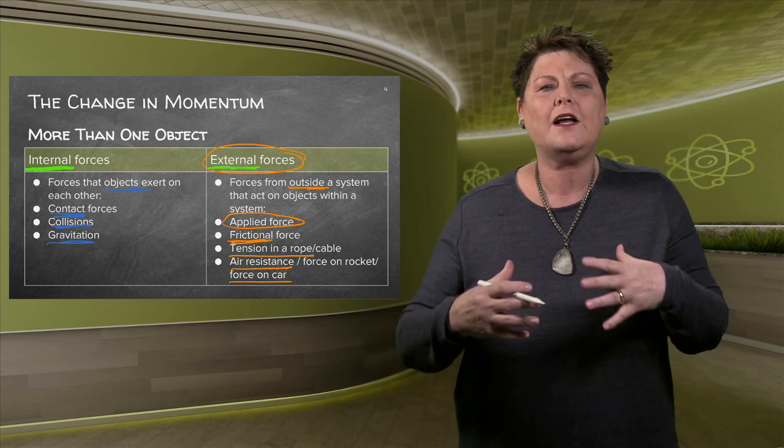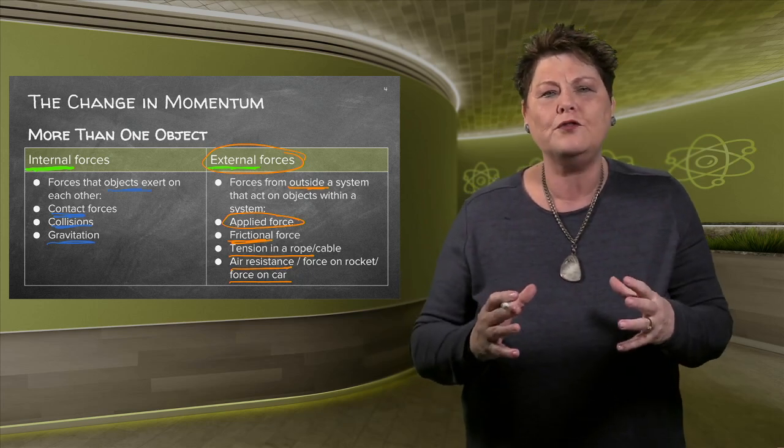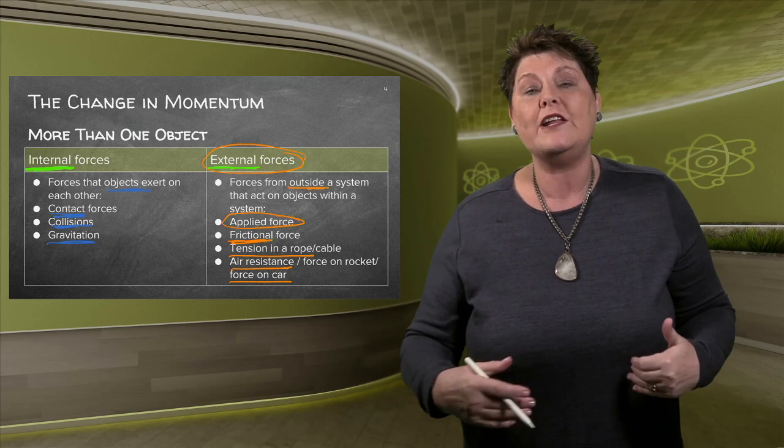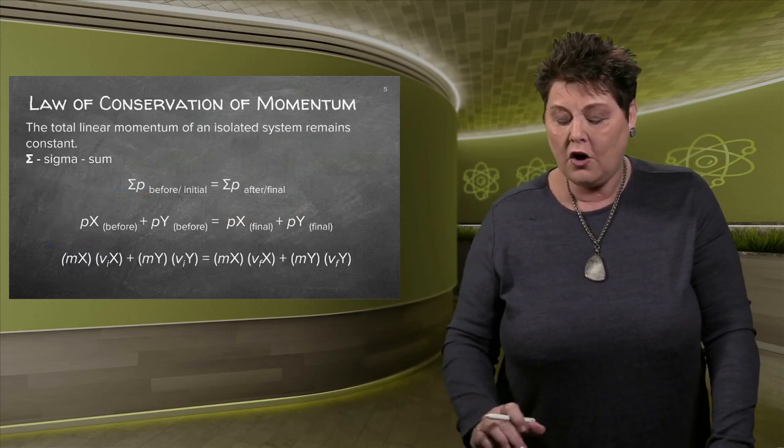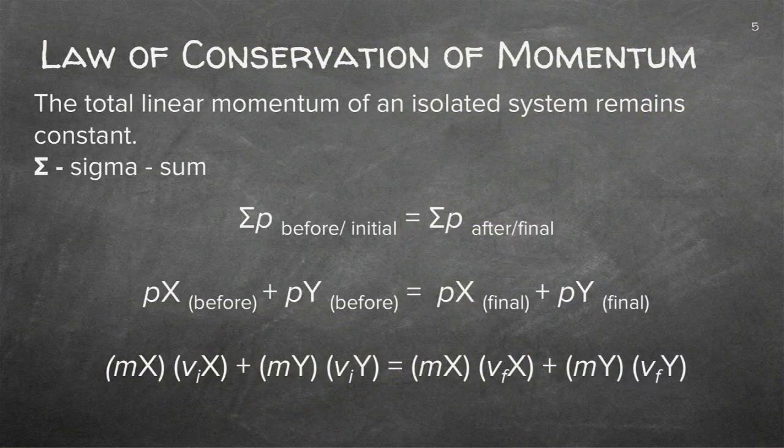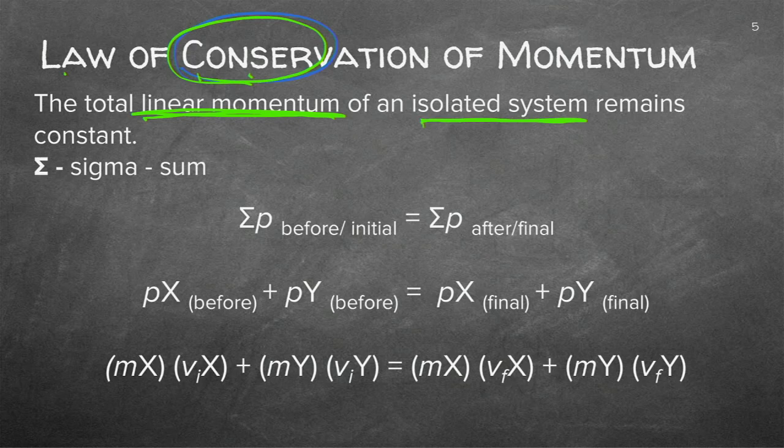Now, it sounds like a lot of theory. All you have to know, please don't say that it slowed down because of friction. We will be working with conservation. Now, conservation is a word meaning conserve, meaning kept in. It's inside. The law of conservation of momentum means that the total linear momentum in a line of an isolated system, you've got to write these words down when they ask this, will remain constant.